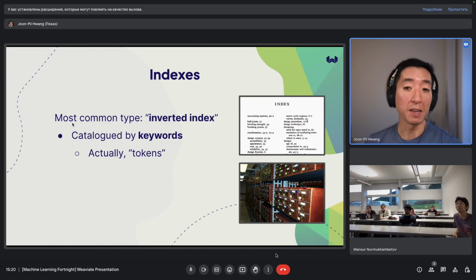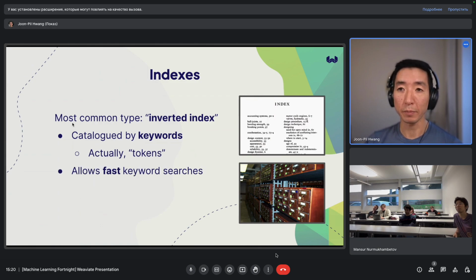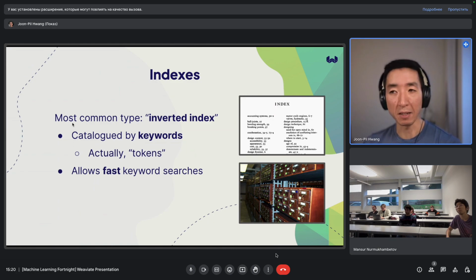And if you think about a book index at the back of a textbook, that's exactly the same thing, right? If you look through the index in alphabetical order, you can look for those concepts and find where you need to go faster. And what this allows you to do is to circumvent the need to look through every subject because your data is pre-cataloged, right? So you're not doing these searches through your actual objects in real time, but you can at least find out where the objects are that you're looking for by looking through the index, right? And of course, that means your index has to be organized in the same way that you want to search for in your data, right?